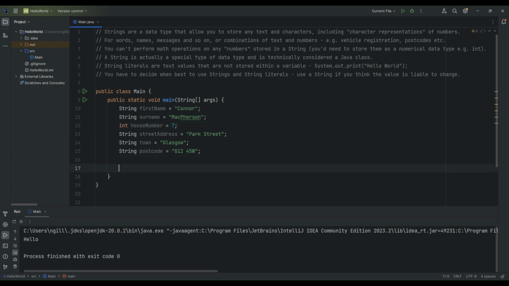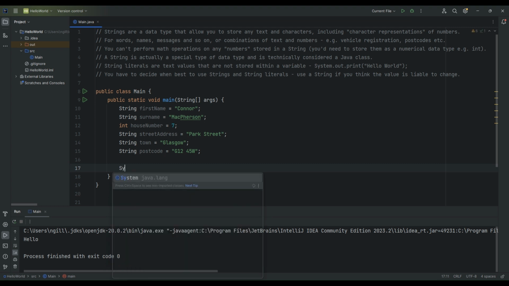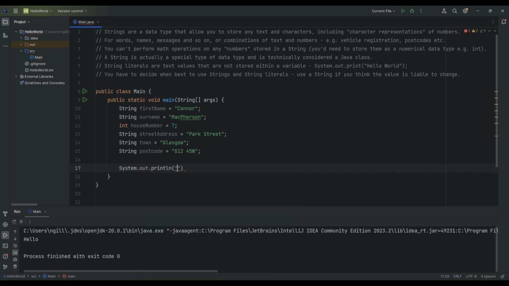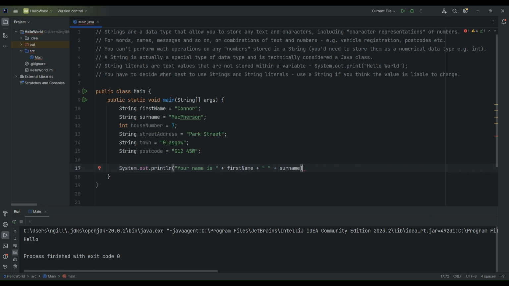So let's print those back out to the console. So let's just do a system out, as always. And we'll say your name is, okay, and we can concatenate the person's first name, which just means we include it in the output. That's the surname I used there. You could have used last name. So your name is first name and then the last name, and you could say something like